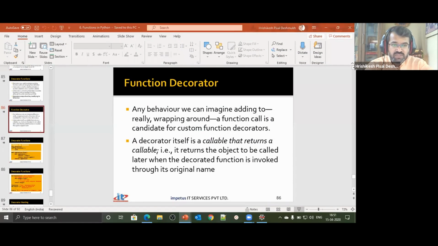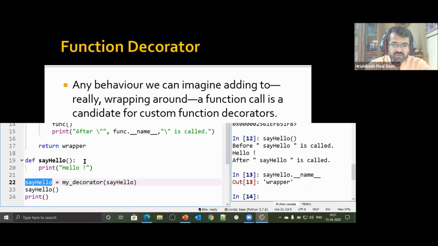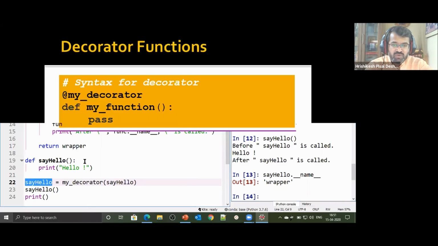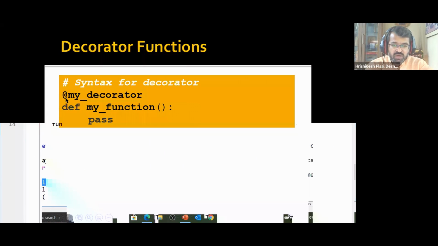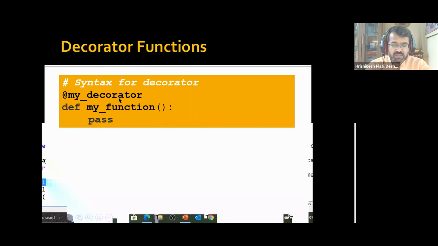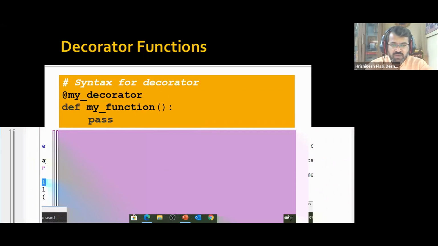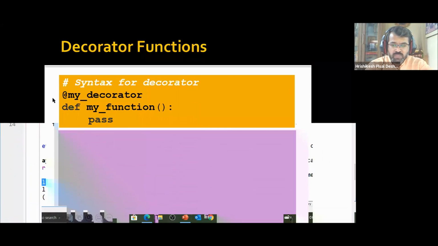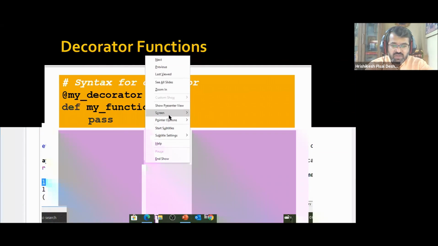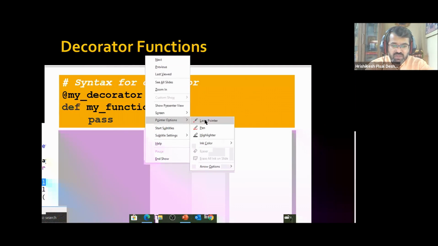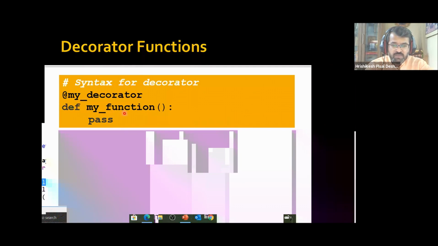Now, what kind of syntax do we use nowadays? Nowadays, when we go ahead wrapping, we use a decorator. We say @mydecorator. This is a Py syntax that we use. You could refer to the PEP. It will tell you what this Py syntax is all about. So I can say @mydecorator and my function. Listen very carefully to what I'm saying. That's how we read it now. We say my function has been decorated by this my decorator.